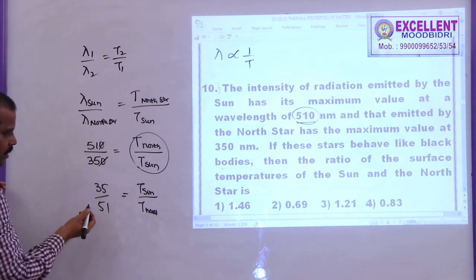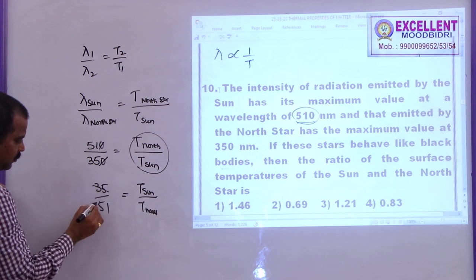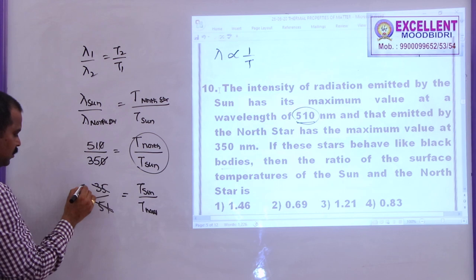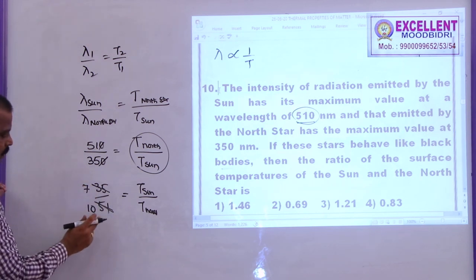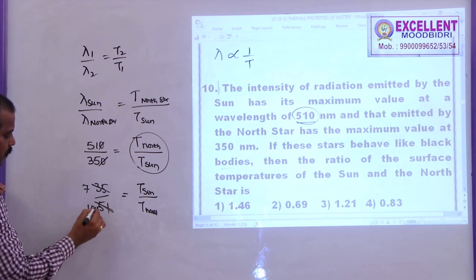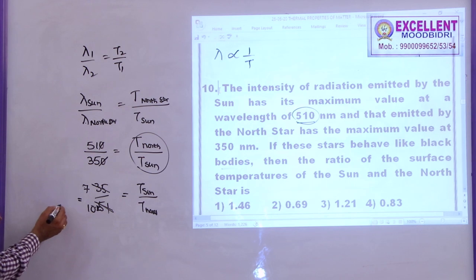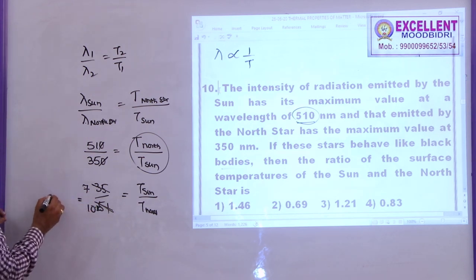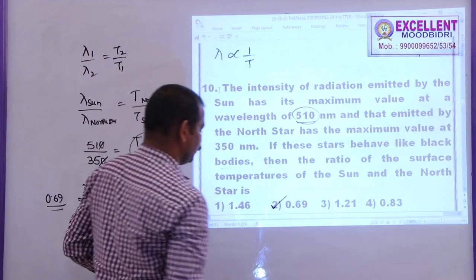You can see this value, it is not divisible, but this is nearly 35, this is nearly 40. This is exact 35, this is nearly 40. So 5 sevens, 5 tenths, 50. But it is more than 1, so 50.5. 50.2 here. So this is 7 by 10 means 0.7. If 7 by 10.2 means less than 0.7, that is 0.69, which is the nearer one here. This is the nearest answer. So option 2 is correct.